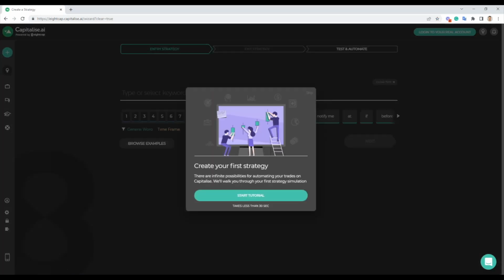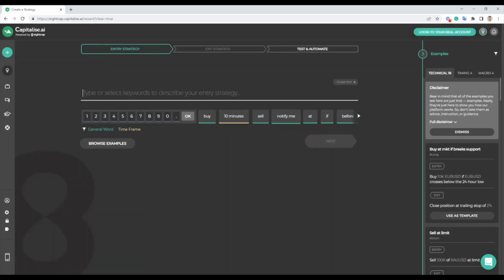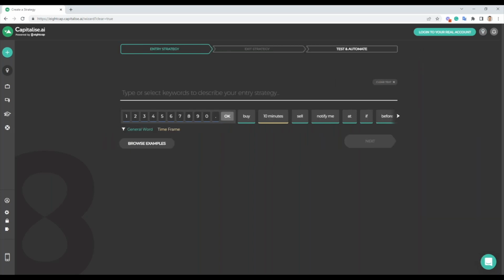Here, whether you're looking to use fundamental data like an economic calendar, whether you're looking to use technical indicators like an RSI, MACD, stochastic, or whether you're just looking to use price action or levels or volatility. You can even create candlestick patterns on Capitalise as well as trade directly from a price chart. And it's all set up here.